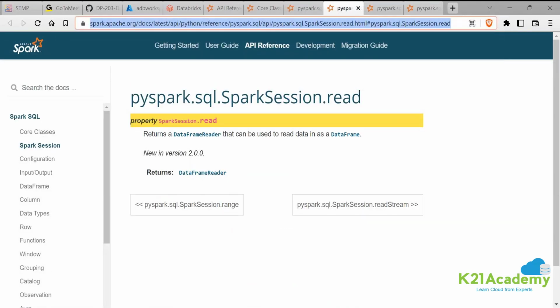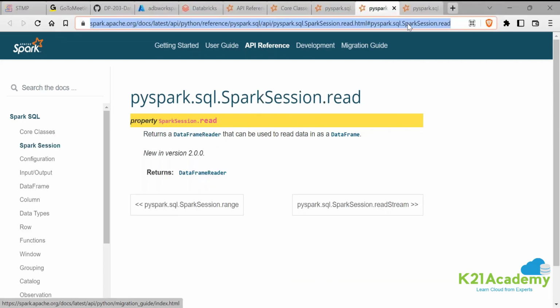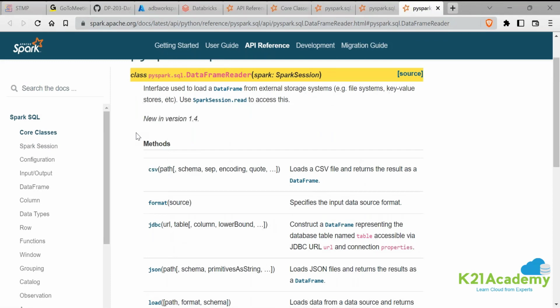You see this read. The read method is there, which helps you read from file types. I have so many notebooks of different file types, which I would be sharing. And if you look at this data frame reader object, you see that we have the class